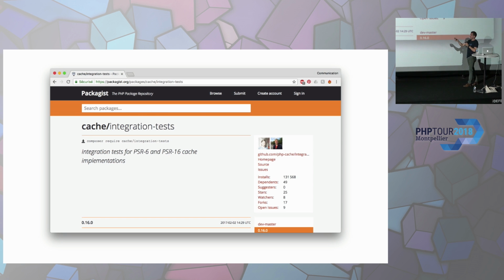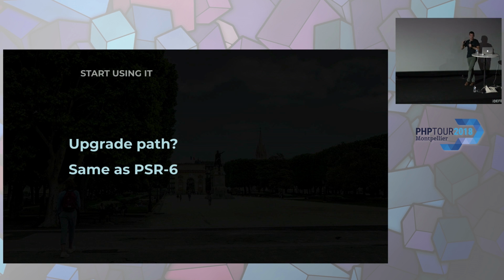You can also use this same cache integration test package to make your own implementation and check if your implementation is actually up to the spec. The upgrade path is basically the same as well, so you can use adapters for now between your framework and your PSR16